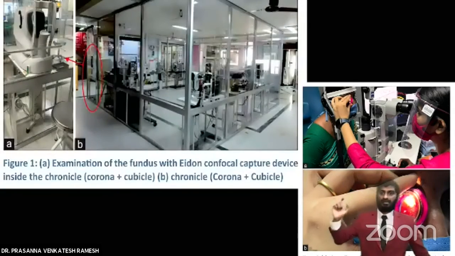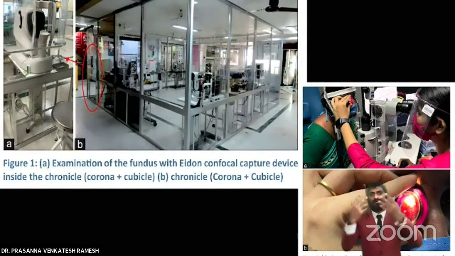And last but not least, I give food for thought for the panel for the discussion at the end. With the 90D, there is always an inadvertent face mask touch, whereas when you go with the fundus camera, you will have your own physical barrier, and you can use it to the maximum. So is it the right way to move forward, especially during this pandemic? I feel so. I think we'll have an enlightening discussion at the end.